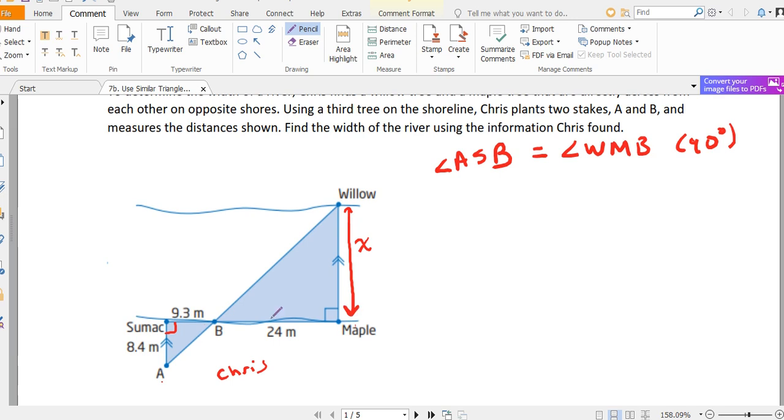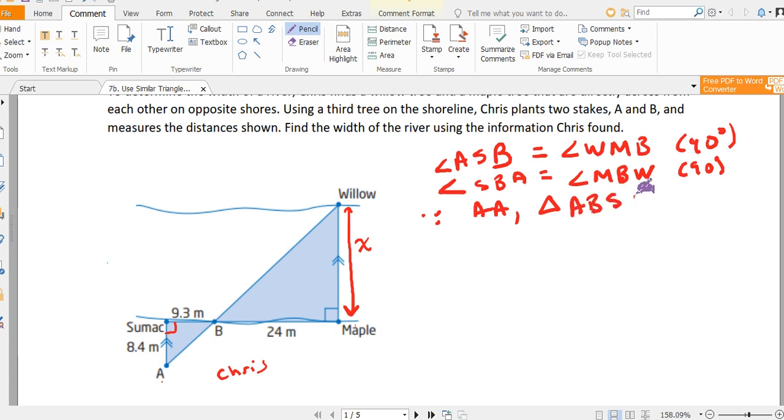We also know that angle SBA is the same as MBW, which is also 90 degrees. So because of AA, triangle ABS is similar to